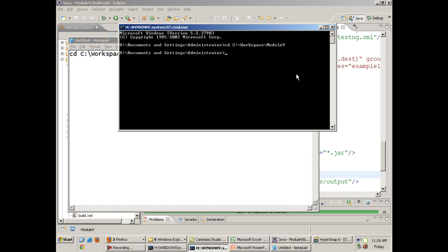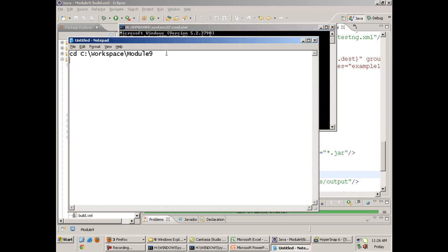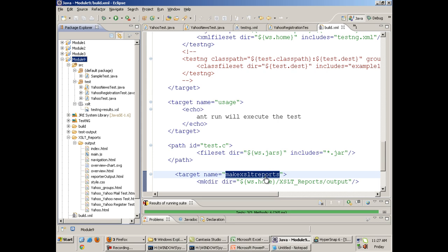And after that I give the command ant clean, then compile, then run, then make XSLT reports. So I will give all the commands over here. I'll write ant clean, compile, run, all the targets, and in the end I have to make sure the spelling is correct.